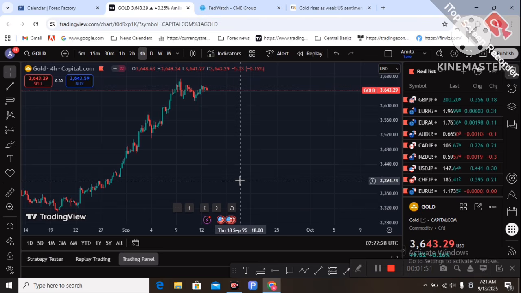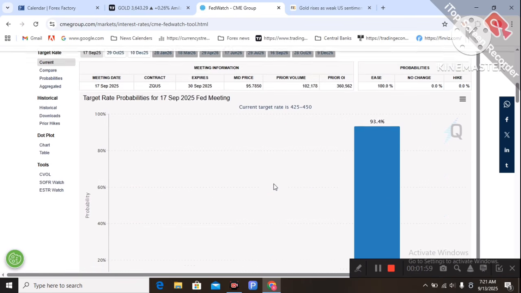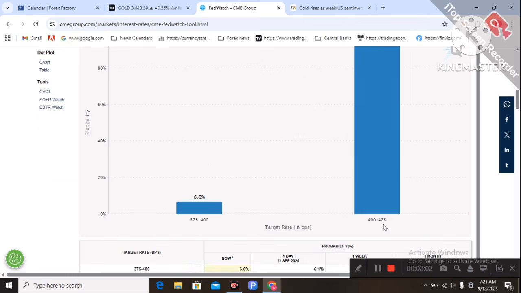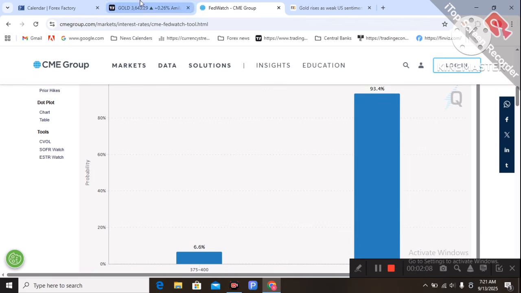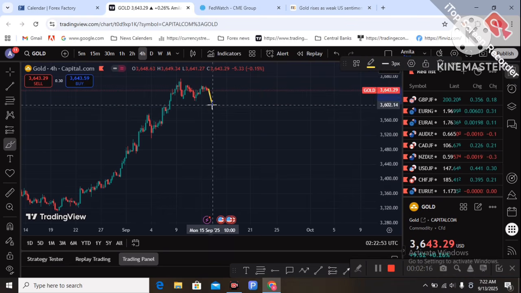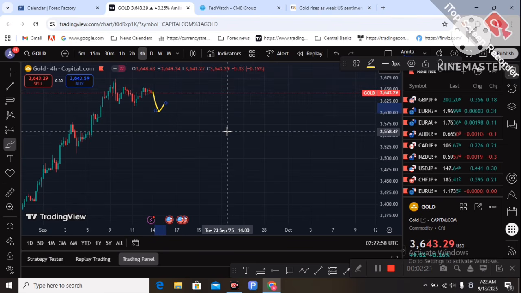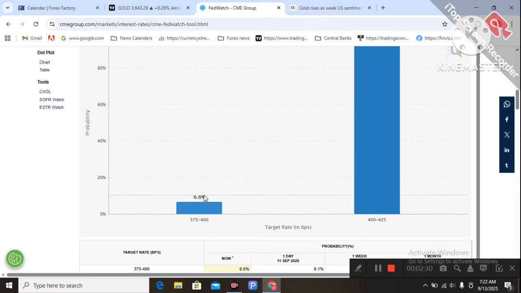So I'm going to the Fed Watch tool website. This is the next FOMC meeting, with a 25 bps cut at 93%. You can see 93%, almost 100%, priced into the market for this cut. So the Fed cuts the rate 0.25%, but there is no dollar sell-off, and gold will drop to the downside. That's my forecast for next week. This rate cut is already priced into the market, so no dollar sell-off, and gold does not push to the upside.